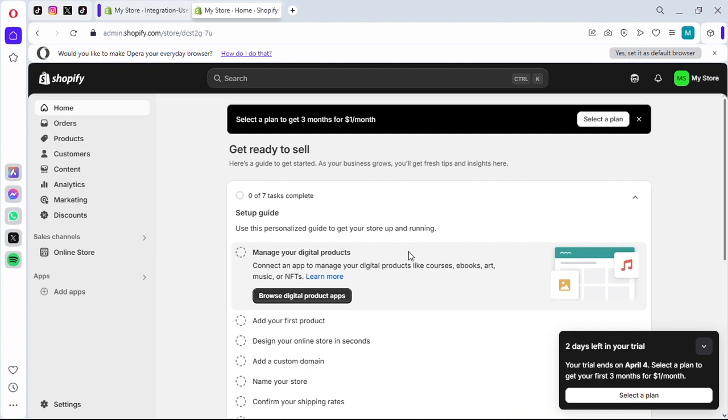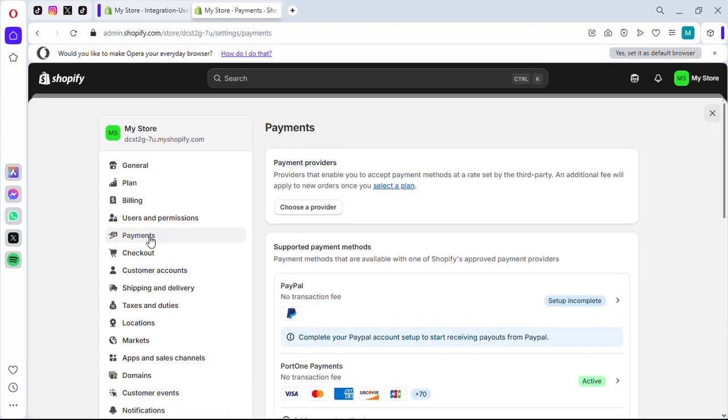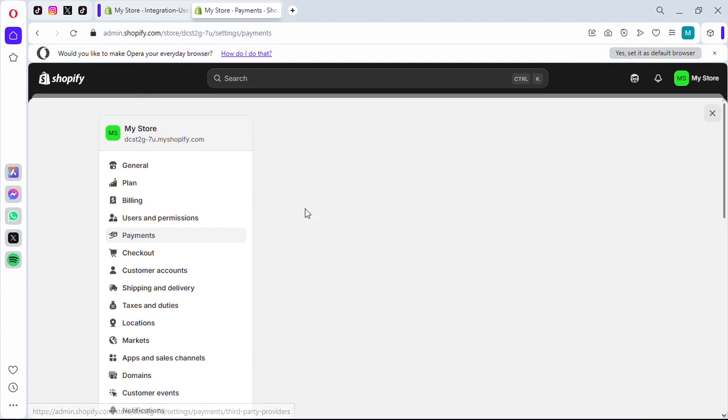Now, the first step is to make sure you log in to your account. Navigate to the settings, which you can find at the bottom left sidebar, and locate payments. Now, in the first section, you can see the payment providers. Click Choose a Provider,